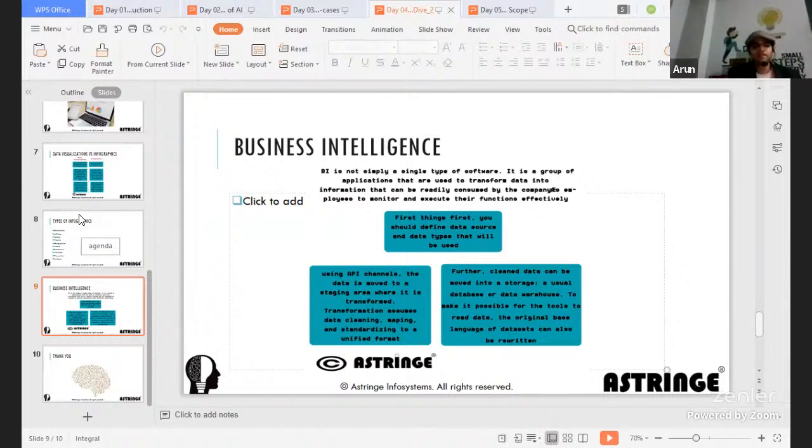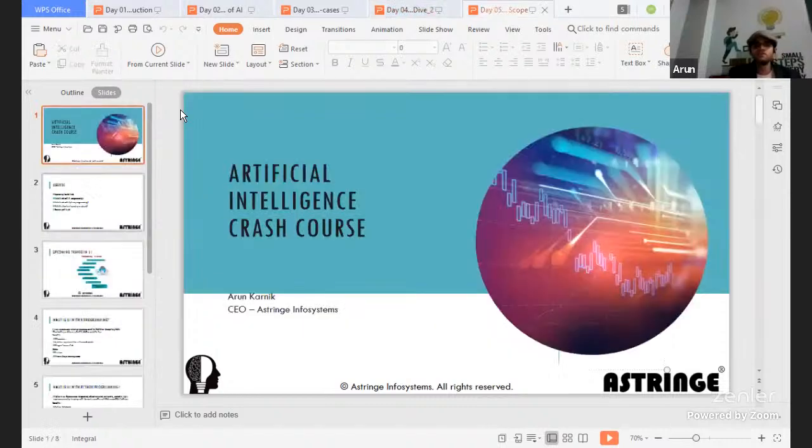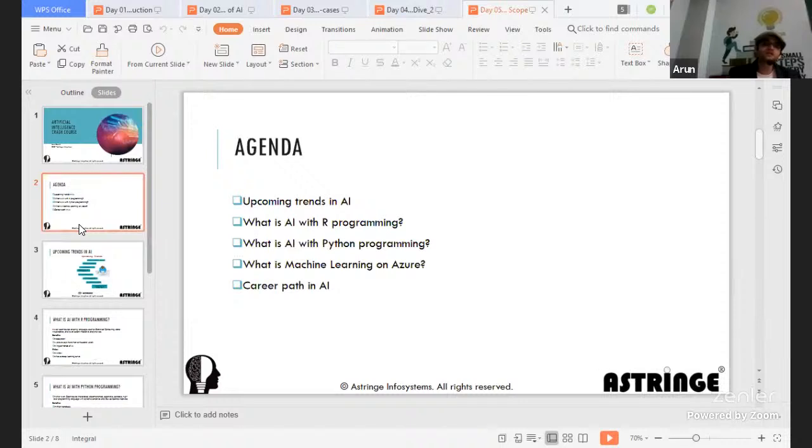So in our next session, we'll learn about where AI is heading, and we'll also deep dive into Python programming, because that will take quite a lot of time. We may not be able to cover R programming today because of paucity of time, but we'll go through Python programming in detail and see how we can leverage it for AI.